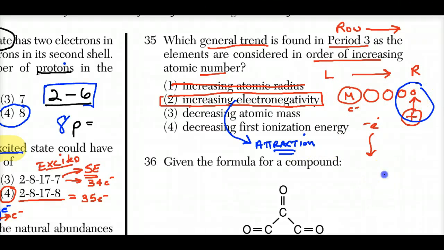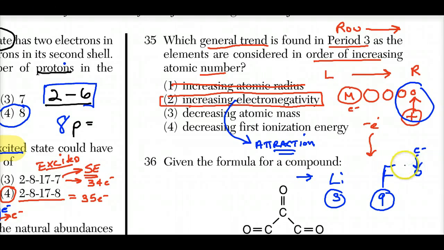If you look at fluorine, atomic number 9, and lithium, atomic number 3, these are in the second row. Fluorine has 3 times the number of protons as lithium, so it is much, much smaller because it pulls in and attracts the electrons a heck of a lot more, and the electronegativity is so much